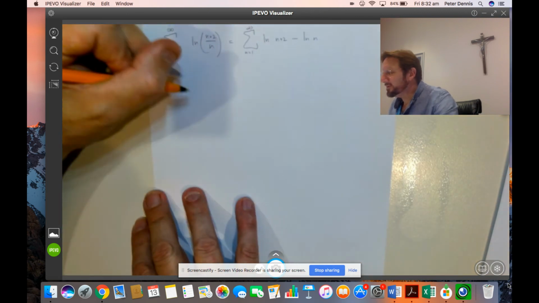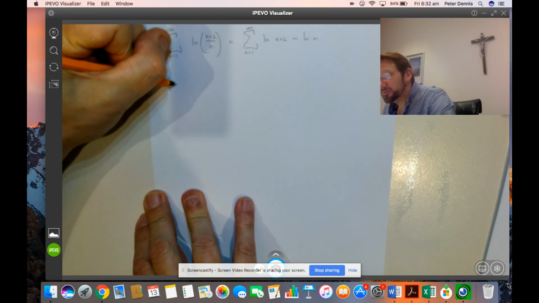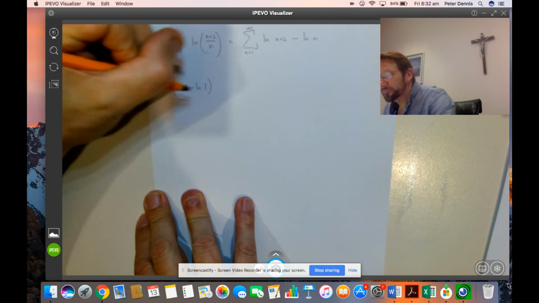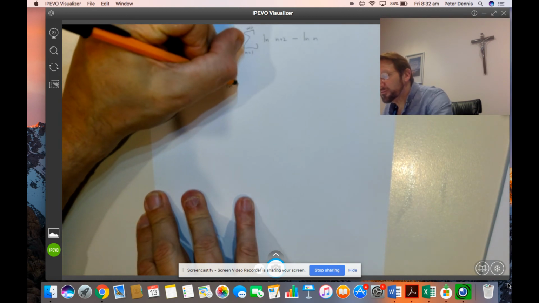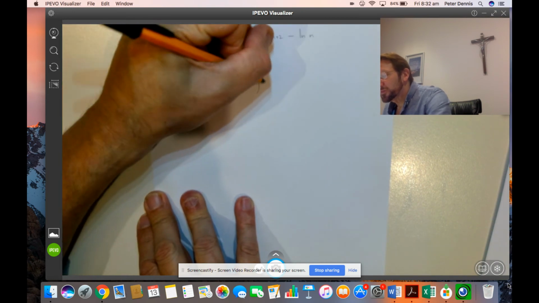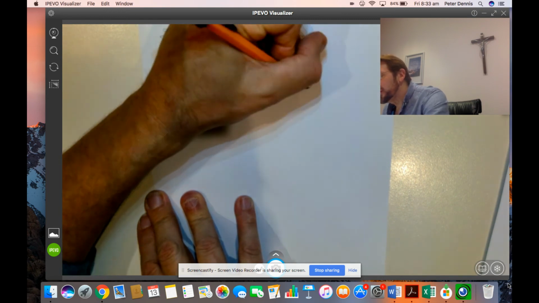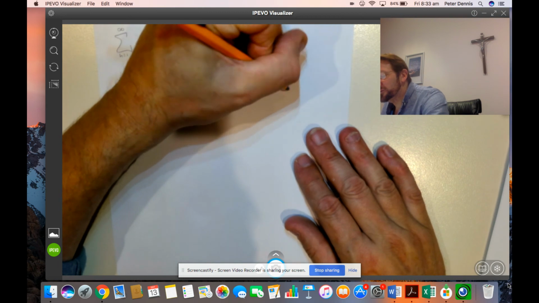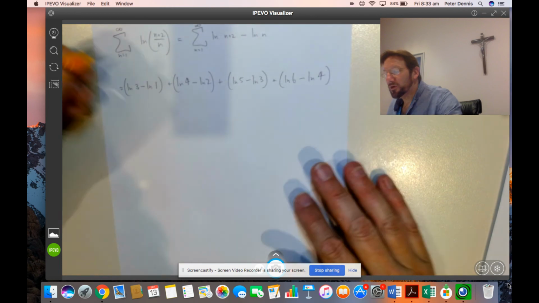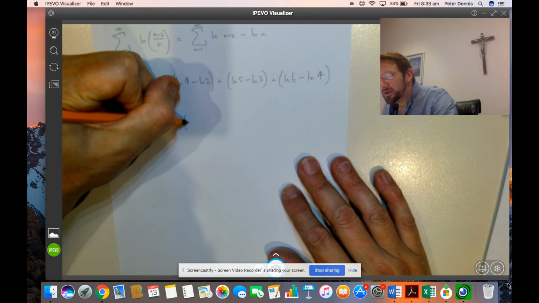So if we write out the sequence, it's always nice to write it out, I think. What you get is the log of 3 minus the log of 1, plus the log of 4 minus the log of 2, plus the log of 5 minus the log of 3. And I try to write out a few just so I can really see what's going on. Right the way up to plus, say, the log of n minus 1